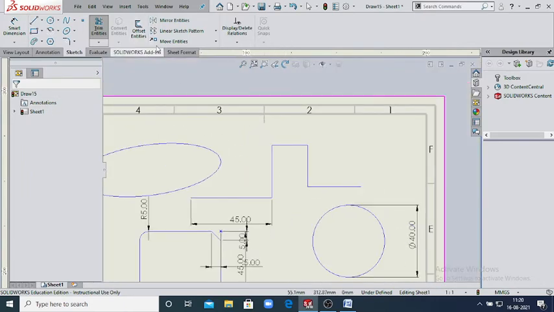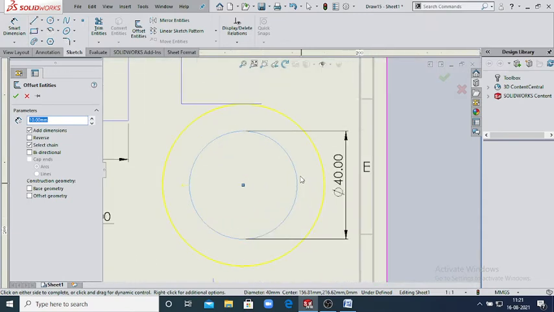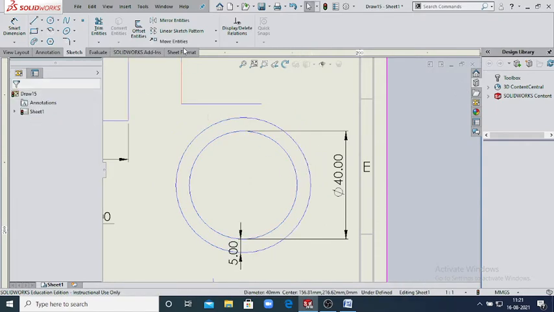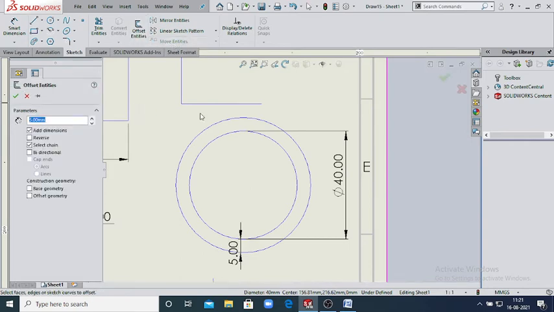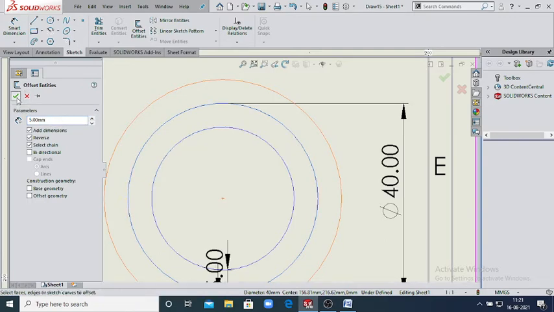Now next one is your offset command. So this is your main circle. When you click on this circle, this one is your offset of the circle, and the distance from this circle to this circle is 10 mm. If you want to increase or decrease this, just put 5 mm here. So this one is your offset. Now again we will click on the offset. If you want to reverse, just click on reverse, and this one is your reversed offset. If you want to increase or decrease this dimension, according to your design you just increase or decrease this circle.